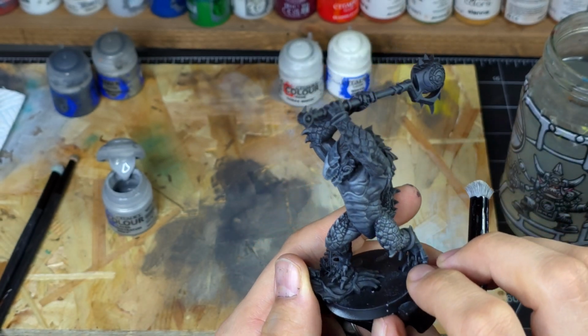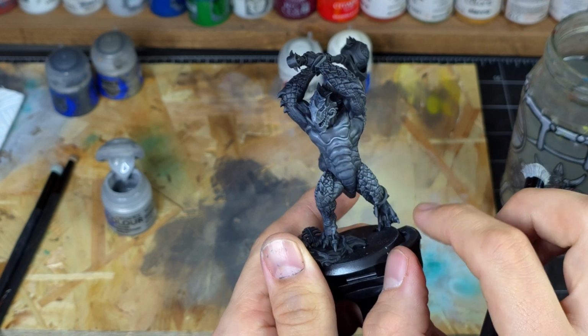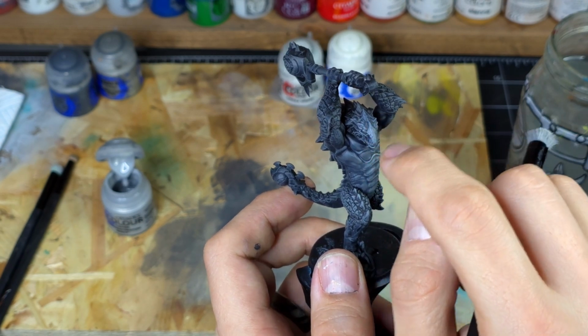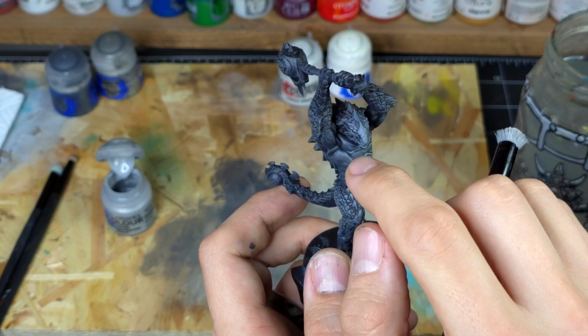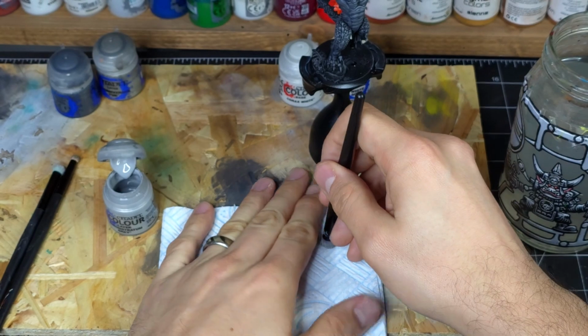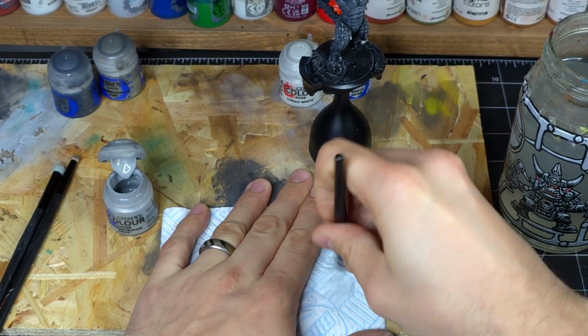I think the brush is slightly too wet because the paint is just painting onto this guy's nose, which is okay in this part because we're kind of highlighting up, so it's a big block of colour, but we don't want that to happen everywhere. So we're going to take the paper towel again. I'm just going to make sure all of that moisture is out of the brush. We're going to reset the brush,